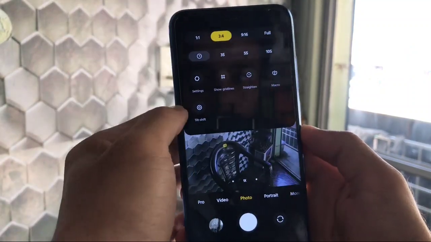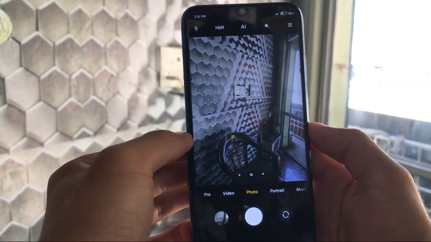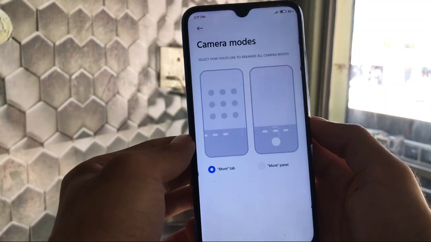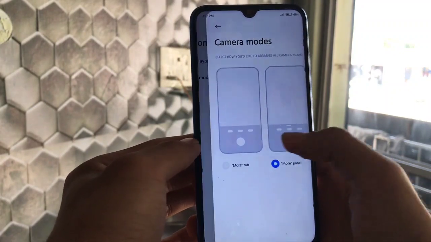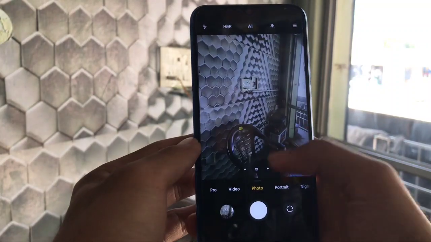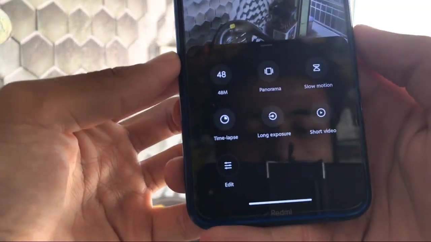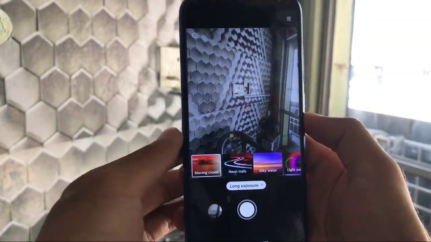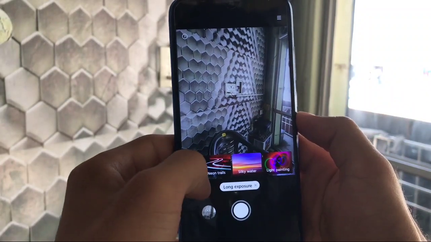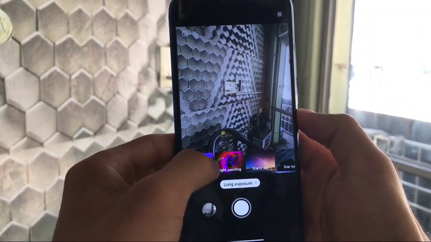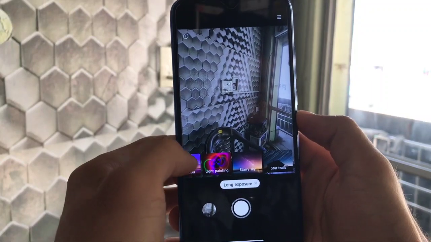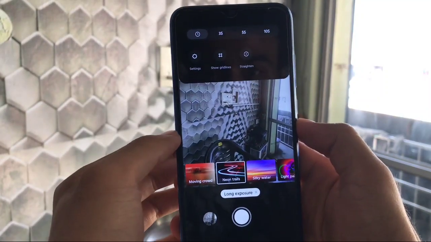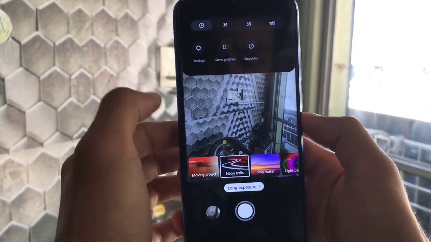That's also available here. And you also have the option of choosing the macro lens, and in settings all the same features, where you can go to customize and you can customize the camera modes, and I personally choose the more panel option, so let's choose this one right now. Back again, now open this and we have a new feature. If you have noticed, the long exposure, this is a new feature which you don't get in any other ROM till now, especially for Redmi Note 8. Neon trails, silky water, light painting, starry sky, star trails, and some other things. This is very much impressive. This is just a new feature available in this latest camera. You can adjust the timer if you want to.